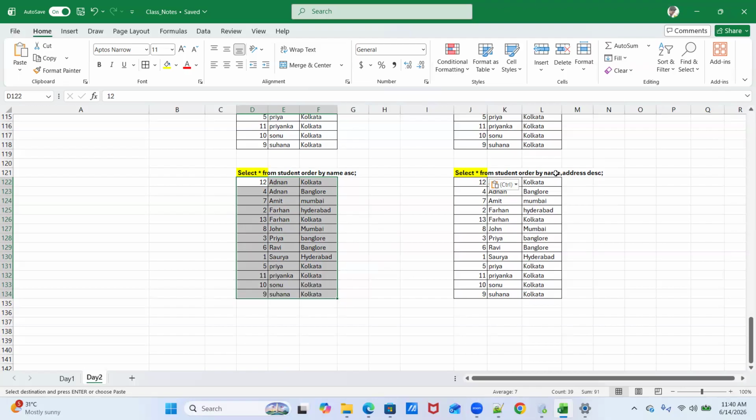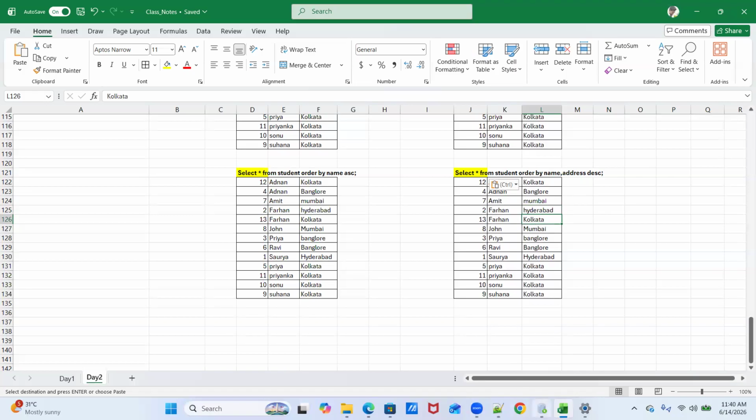But when you intentionally write it, then whenever you have two similar records, you'll see the first address at top. H comes after K, and we are saying address in descending order, so the record is first, and then the other Kolkata record.